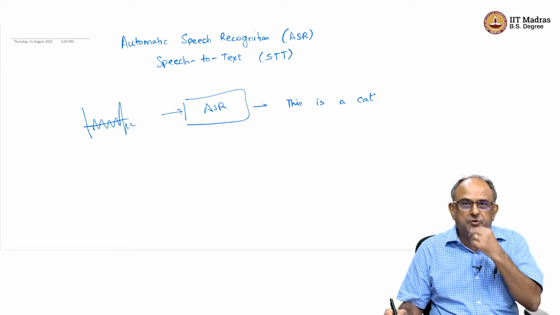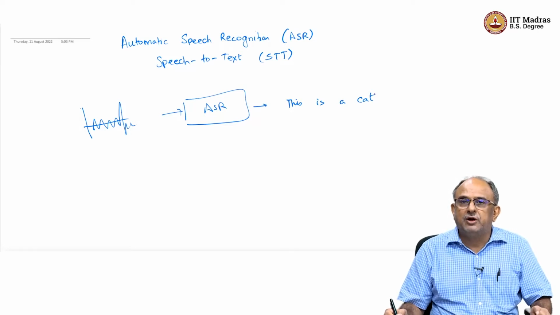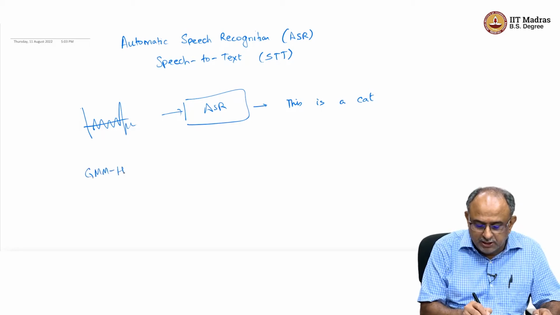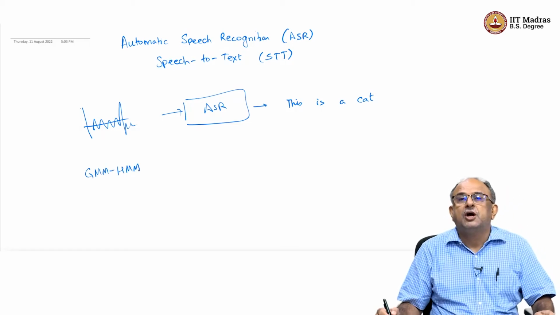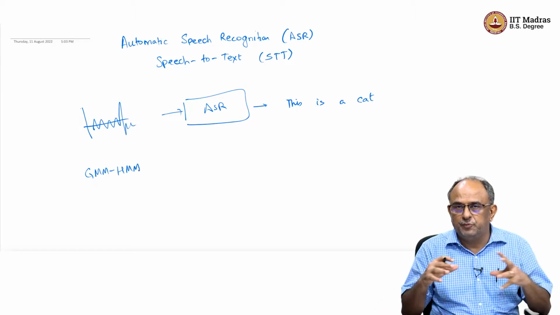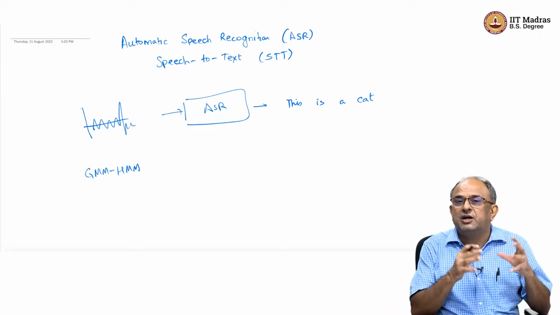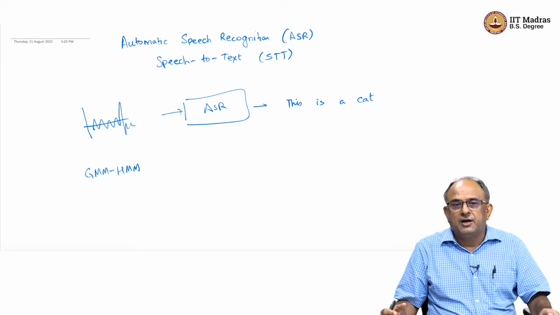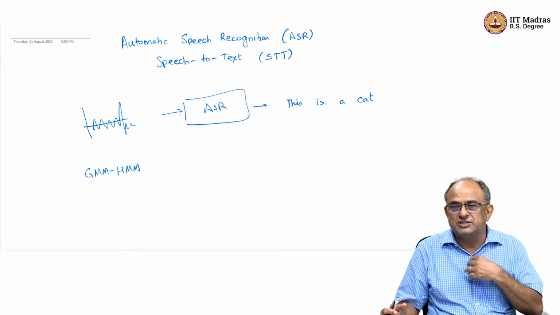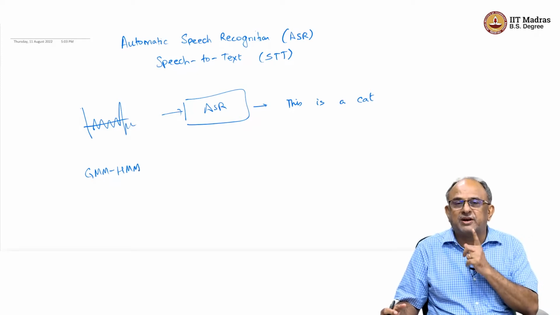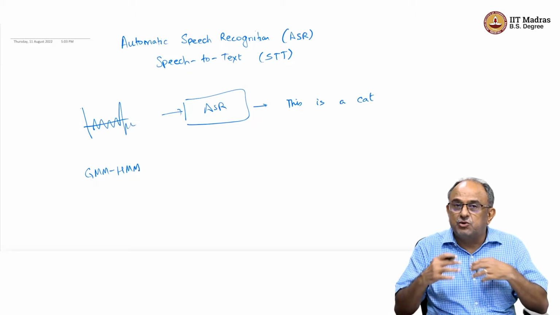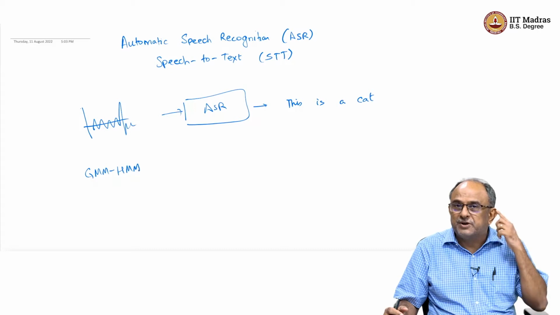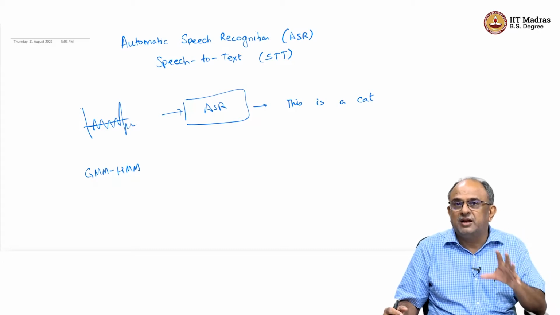Previously we have dealt with this problem through a conventional statistical approach, which is called the GMM-HMM approach. In the GMM-HMM approach, we have a mixture of Gaussians which model the variability in a particular sound spoken by many speakers. For example, if a man says ah versus a woman says ah versus a child says ah, because the vocal tract dimensions are different, the waveforms and the frequency content are different. Perceptually, when we hear it, we all understand that it is ah.